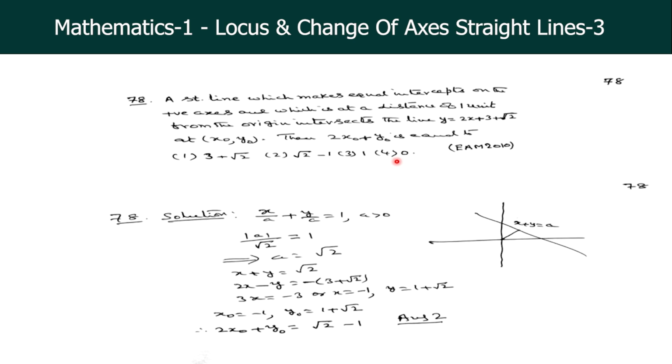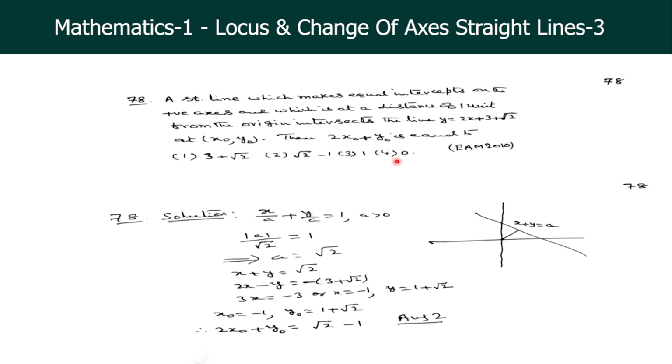Suppose the line equation is x/a + y/a = 1. That is x + y = a, for equal intercepts. So therefore, by hypothesis, |a|/root 2 is equal to 1, or a is equal to root 2, because its distance from the origin is 1 unit. So the line equation is x + y = root 2, and the other line is 2x